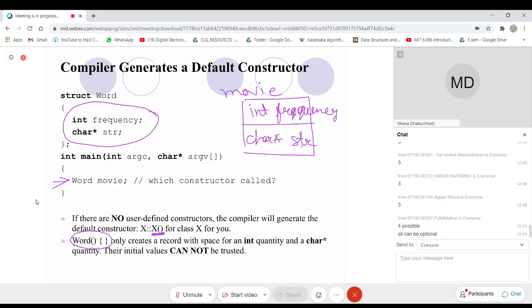Any doubt? Okay, let us see. Is this code correct?